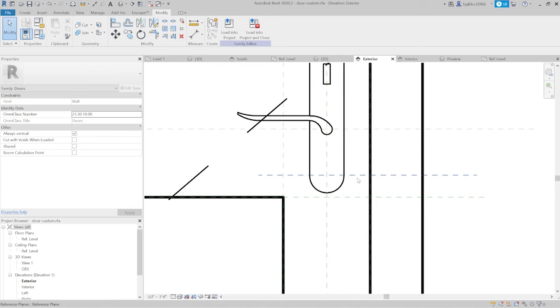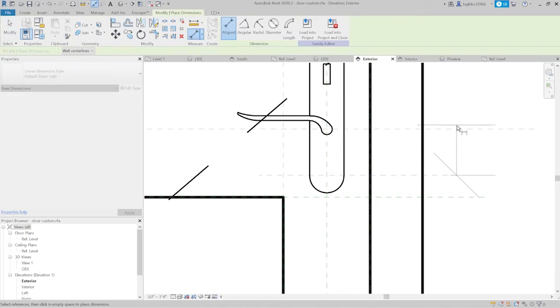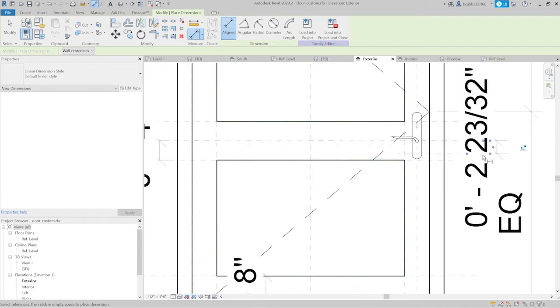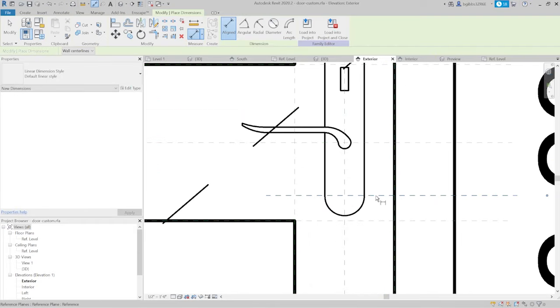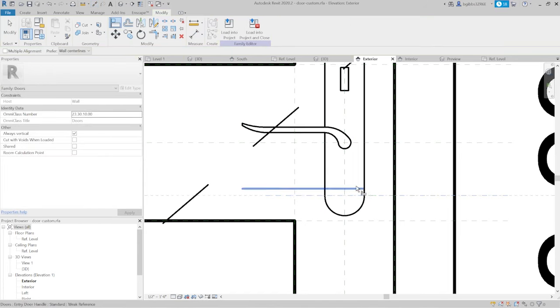And so we'll go ahead and just set a dimension on it. And then we'll align our door